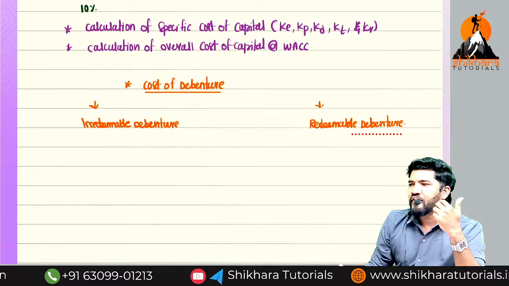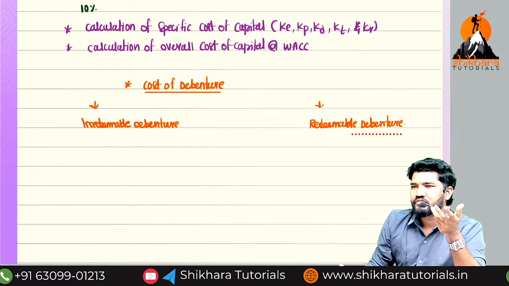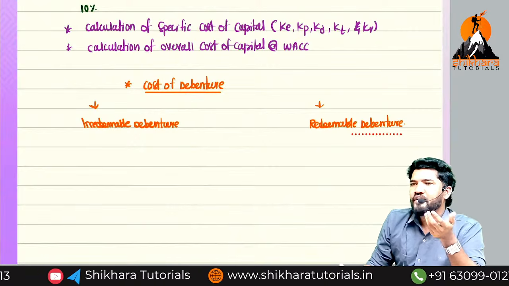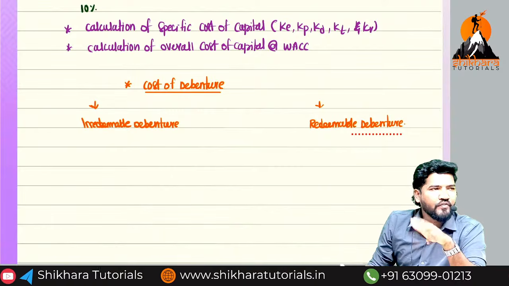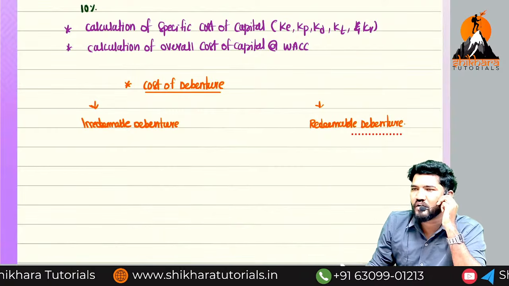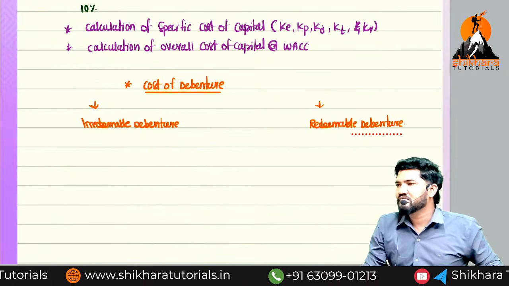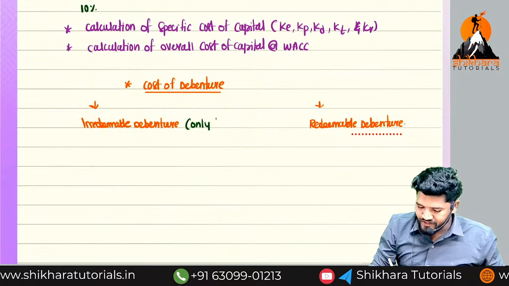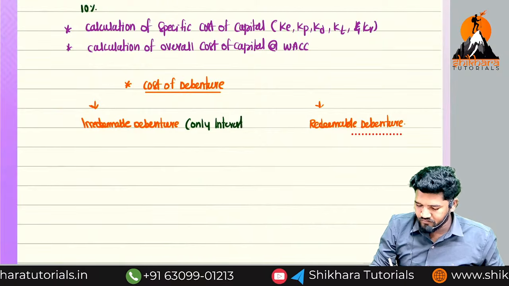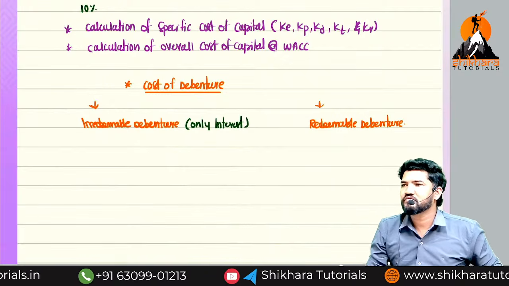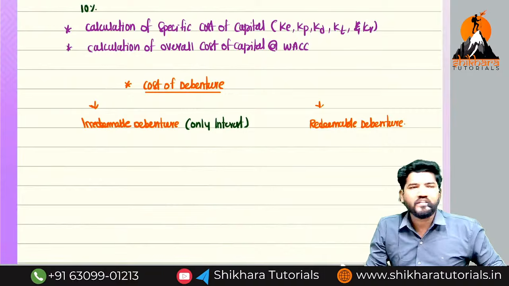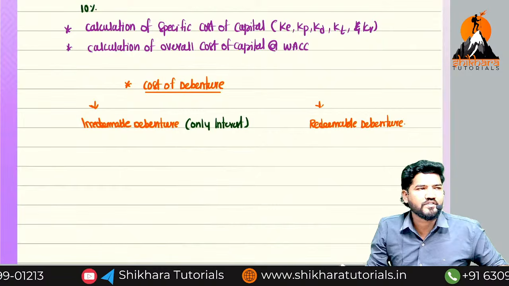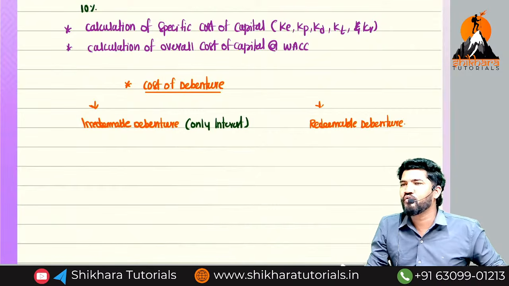For a definite period, if you are receiving only interest, redeemable or irredeemable? Irredeemable. For n number of years you are receiving interest. At the end of the nth year, if you are also receiving your capital, that is called a redeemable debenture. When it comes to irredeemable debenture, only interest. How many days? Either the company needs to close, or you need to die. That much of the time you will receive only interest.